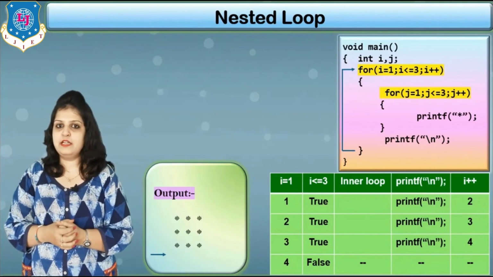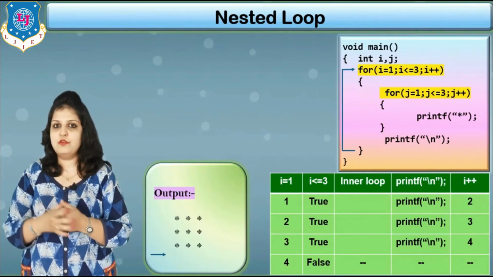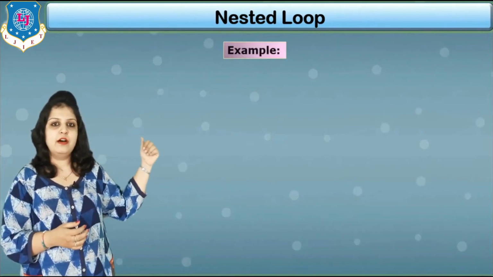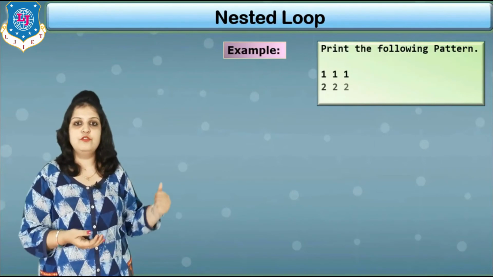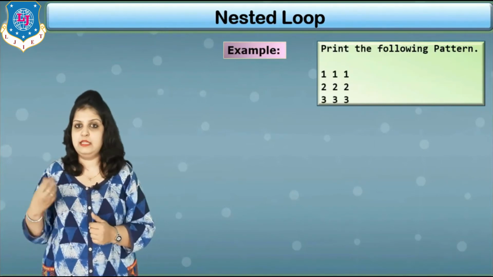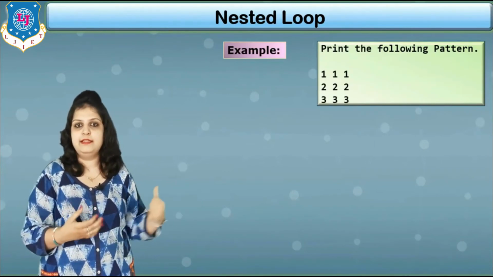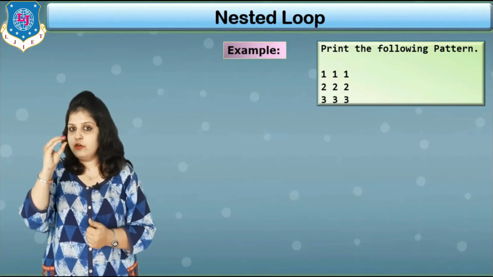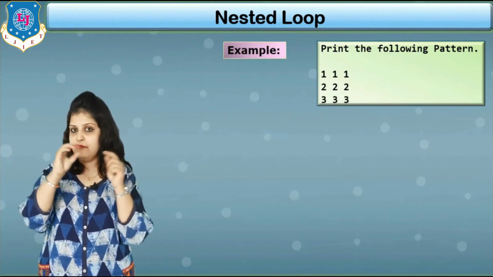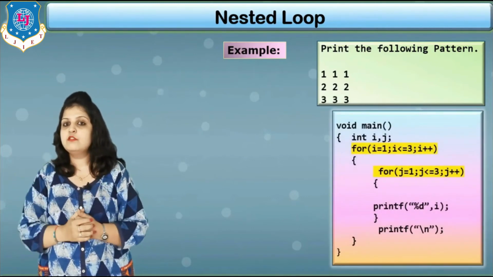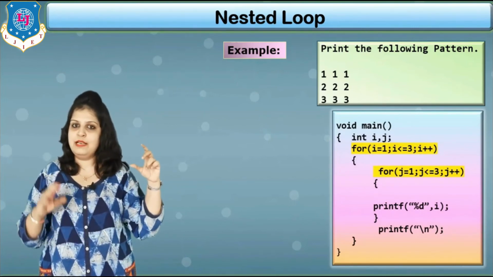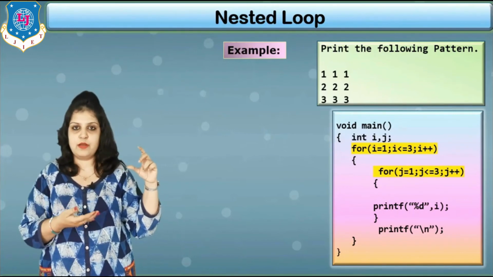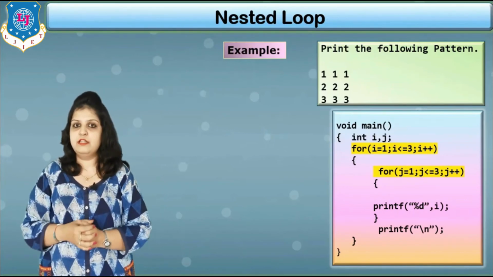Here in this pattern we have printed stars, but suppose you have another example, like in the first row you have to print 1 1 1, then in the second row you have to print 2 2 2, and in the third line you have to print 3 3 3. According to the row number you have to print the value of that row. So how can we print it here? So the range of the loop will be the same for this program, only we have to change the body part.